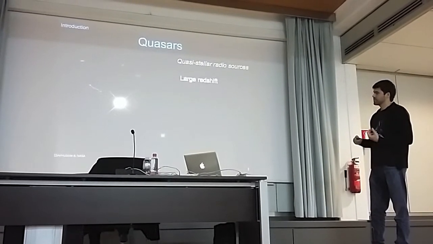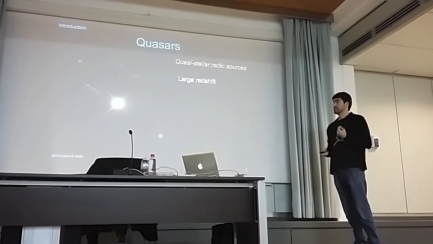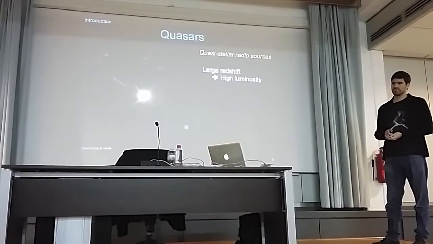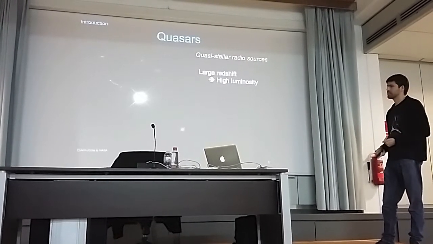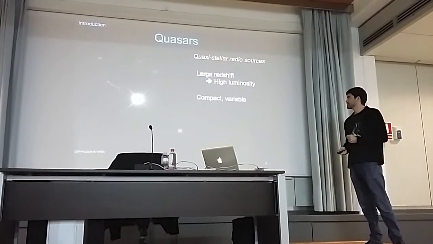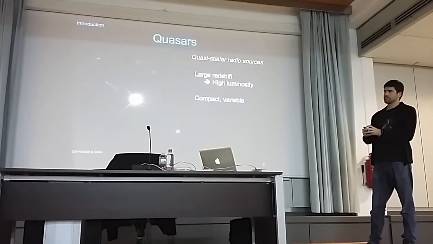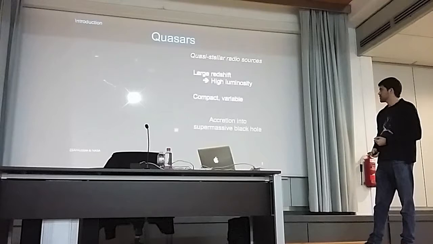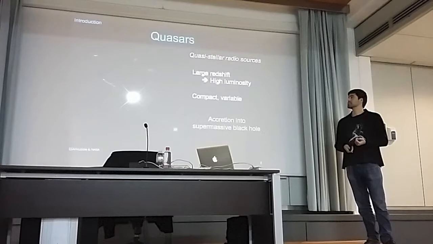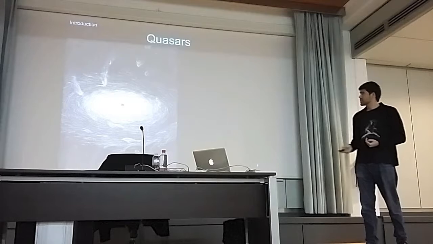When spectra could be taken of them, we saw that they had a large redshift, which means they were very far away, so they had to have a very high luminosity, higher luminosity than the brightest galaxy known at the time. They are also compact and variable, they are very small, and the only possible mechanism to produce such amount of energy in less than a cubic parsec is accretion of matter into a supermassive black hole, converting gravitational energy into kinetic and radiation and everything. This is a representation of the accretion disk itself,